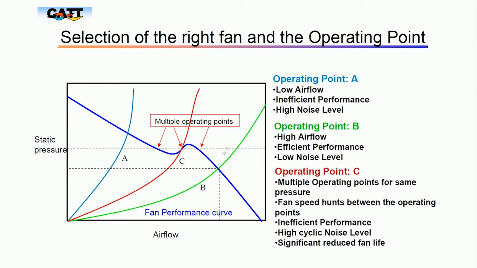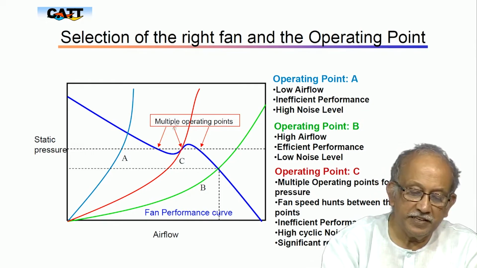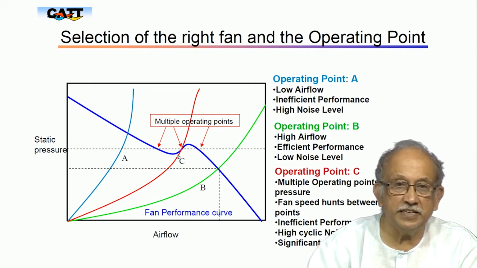So, in a properly laid out equipment you have ensured that the static pressure for a given airflow is very less, and improperly laid out equipment ends up with this, and this may be something our bad luck, because Murphy is at work. Murphy is not at work only when you lose a nut or when you are otherwise there. Murphy ensures that we end up with these funny things,